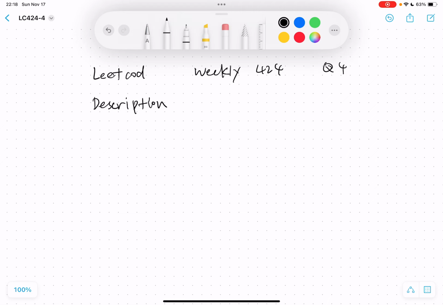Today let's talk about Leetcode weekly 424, question 4. First part is description. We are given an array. Some of the elements in the array are missing. -1 will be the missing element. What we need to do is choose two numbers x and y and fill with x or y for every